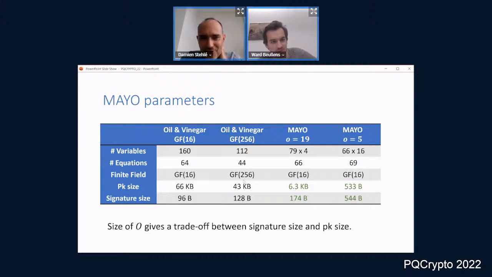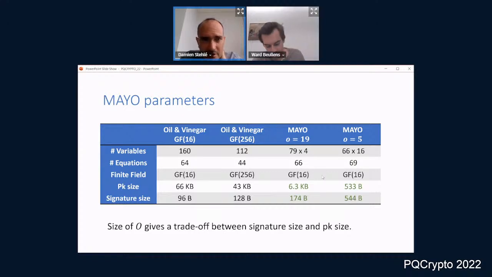Okay, let me phrase a less stupid question then. If you want to minimize VK size plus SIG size, what's the best? Yeah, I think this parameter set is close to optimal in that sense. Both public key and signature are close to half a kilobyte, and this is very similar to Falcon and these other variants. Okay, thanks.